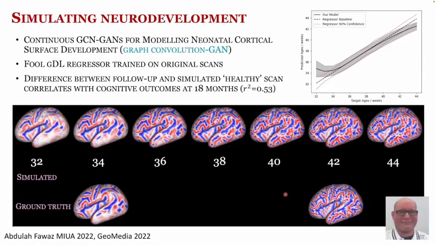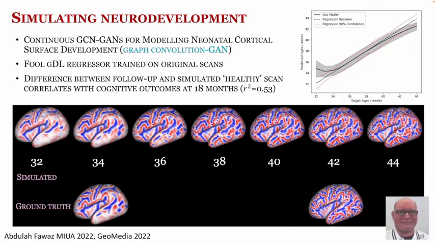And finally, in this last example, I'm showing a conditional generative model developed by Abdullah Fawaz, which simulates how a preterm baby's brain should develop if they were healthy. So the top line of this figure shows a simulation of how one individual's cortical folding pattern would be predicted to change over gestation if they were healthy. And the bottom 2 images show ground truth scans obtained for the same preterm individual scanned shortly after birth and then at term equivalent